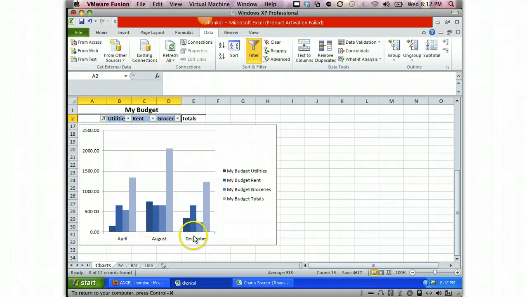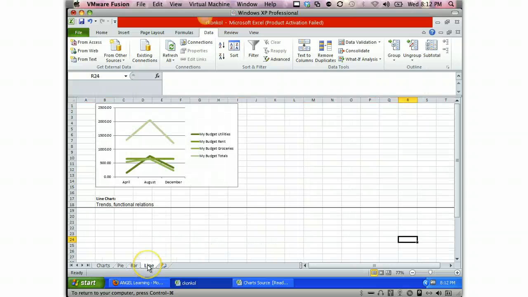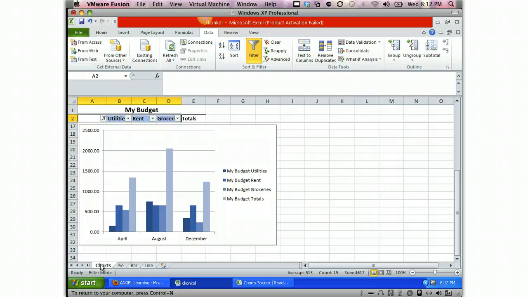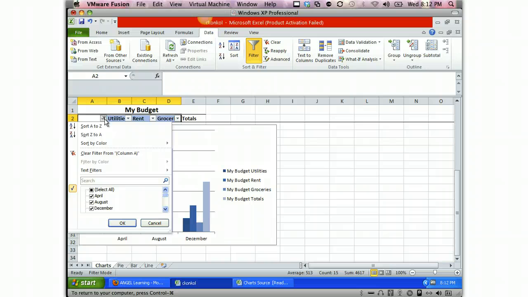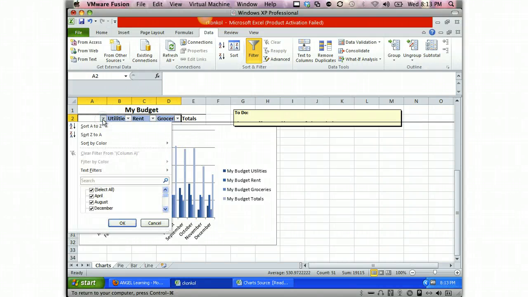It'll only show April, August, December in the pie chart, on the bar chart, and on the line chart. Okay? And that's basically just doing a filter of your data. And that's real powerful to use. Doesn't take long to do. And then if you wanted to go back to where it was, you just hit Select All again, and everything's back to where it was. And so this is good for meetings where you're pivoting on months. You're looking at,